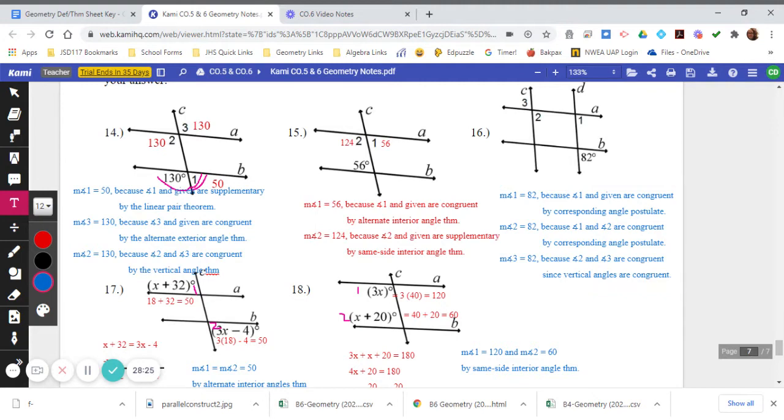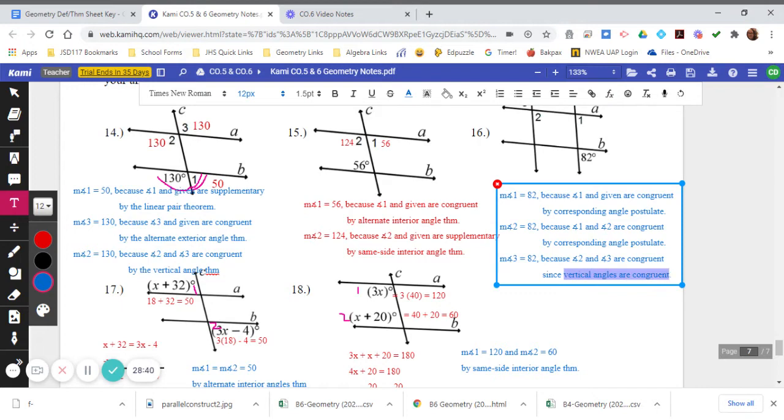So because there are different options, each student could have their own path. I want to know which two angles are you using and which theorem are you using with those two angles. And then I also made another little change here that instead of saying vertical angle theorem, I said vertical